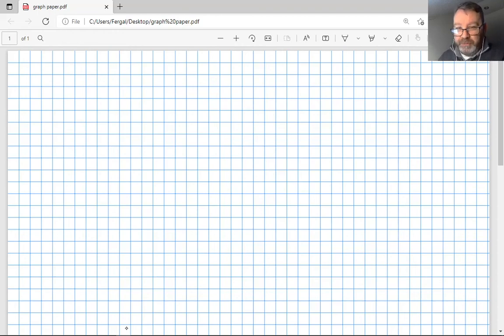Okay, so we want to take a look at how we're going to use the process of proving by contradiction to show that the square root of one of our prime numbers is an irrational number. So we're going to take a look at maybe root 2. So we want to prove that root 2 is irrational. Okay, we want to do so by a very particular process, a process that we call the process of proving